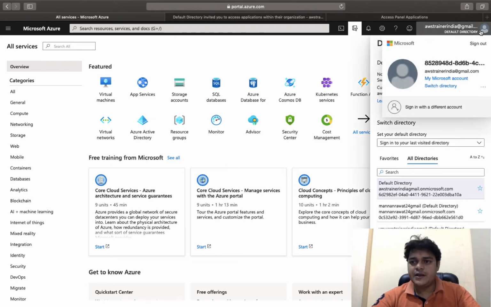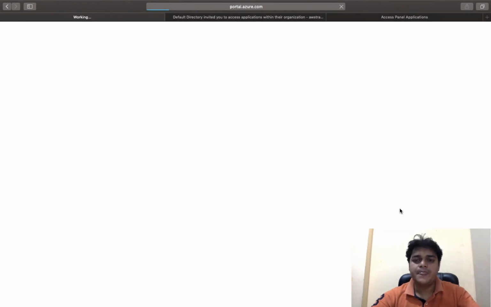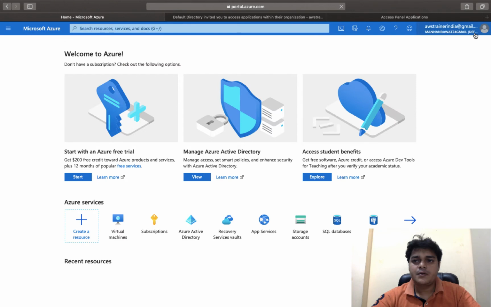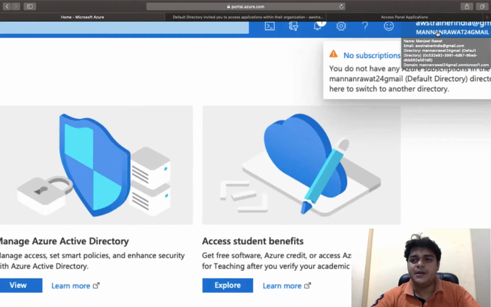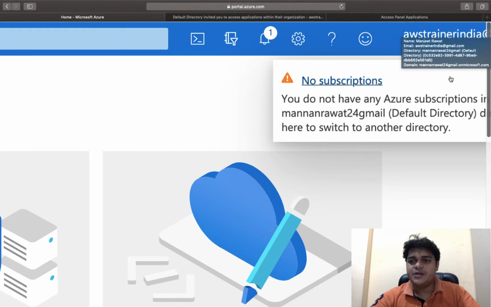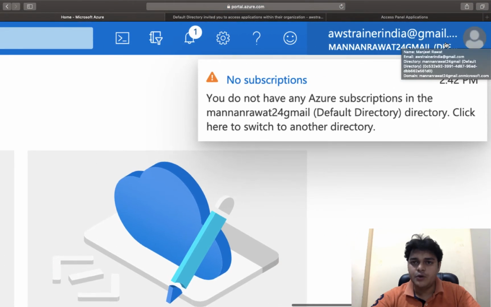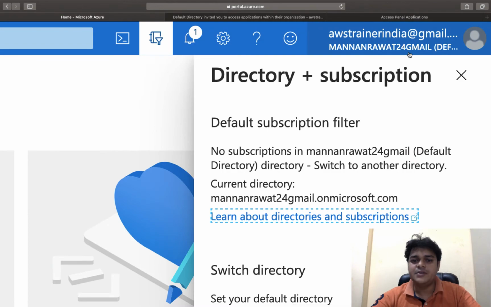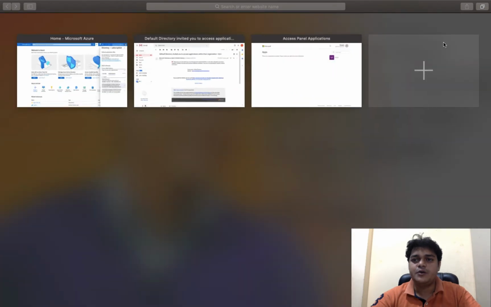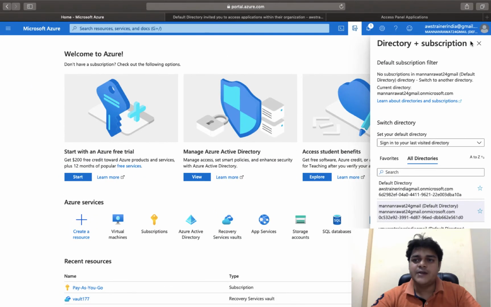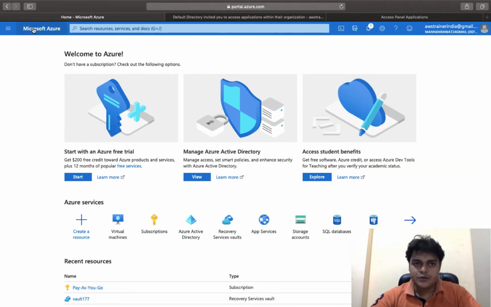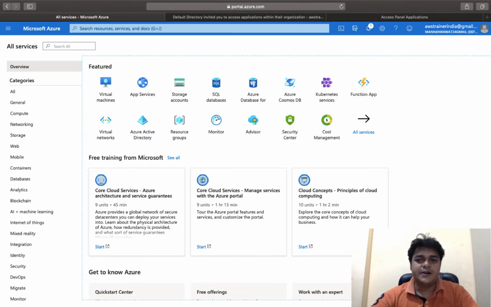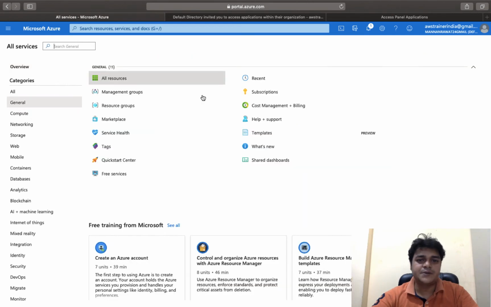Just click on More services. See, you need to click here, and we have the option Switch directory. In the directory, you have the directory that you sent the request from. Now you can see both mail IDs available in the panel. See, this is our AWS trainer at gmail.com. It's a fresh, new account. Mananrao24 at gmail.com is our invited root account. So now you are able to access the services. Now you are able to share your services from Manan Rawat, and you will access the same services in AWS Trainer India. I'm going to check our subscription first.